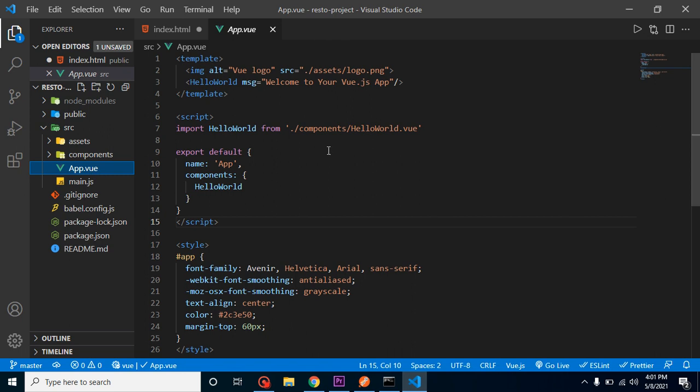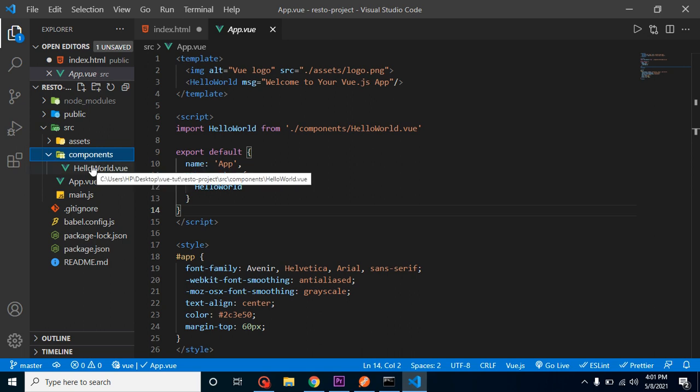From here you can start writing your Vue.js code, and after that we have the components folder. Here we will write our components like home component, login component, header component, whatever you want to write. You can make any other folder also, but this is perfect as a naming convention, so we can write it here.